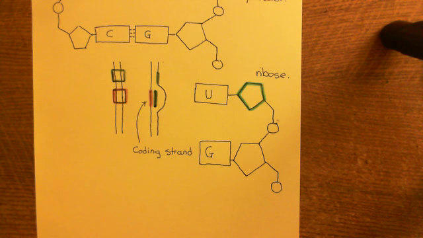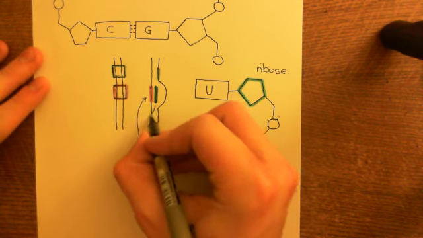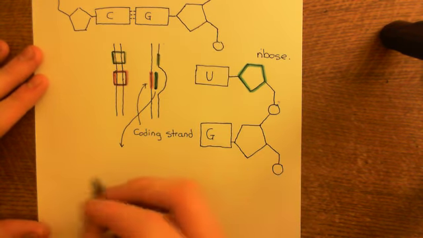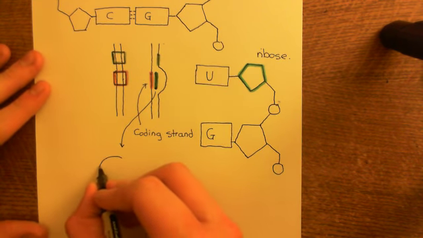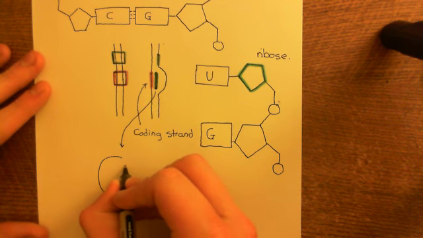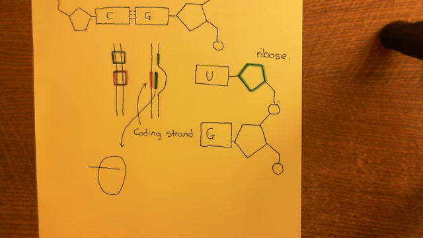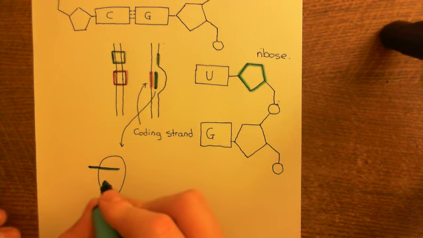Okay, so you synthesize this piece of mRNA that's complementary to the coding strand of your gene, and what's now going to happen is this piece of mRNA is going to leave the nucleus after a few little modifications. It will leave the nucleus, and then it's going to be translated into protein. Okay, so here is a ribosome, let's say, and what's going to happen is that the RNA is going to go through the ribosome, so here is our RNA in blue, and what's going to happen is that the ribosome is going to look at the sequence of organic bases